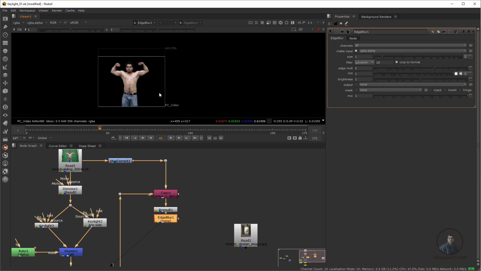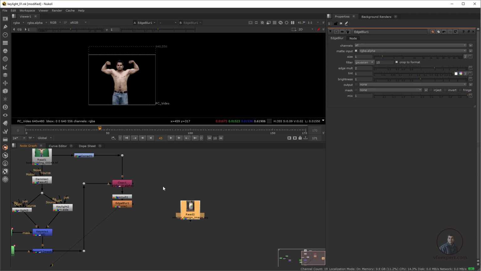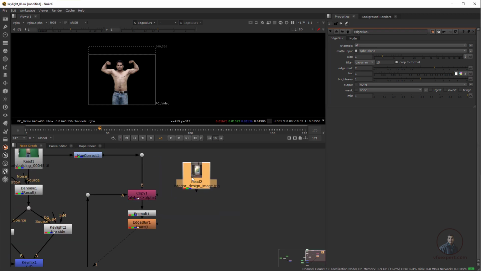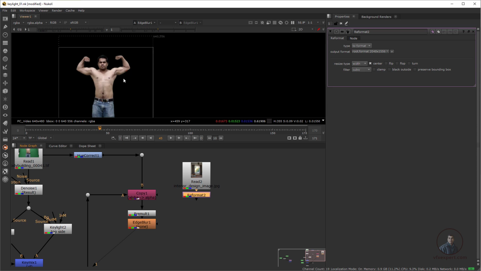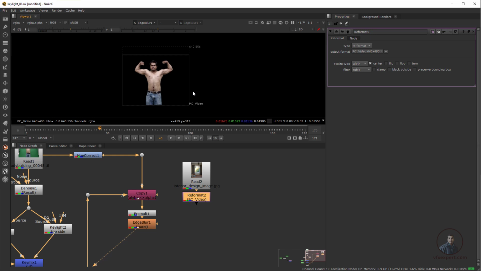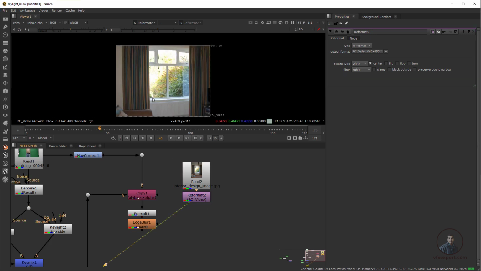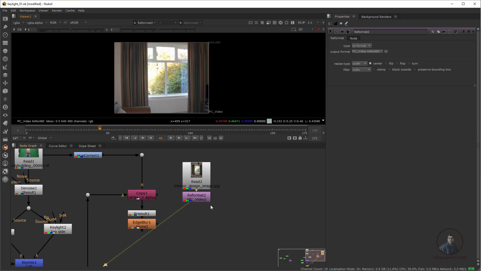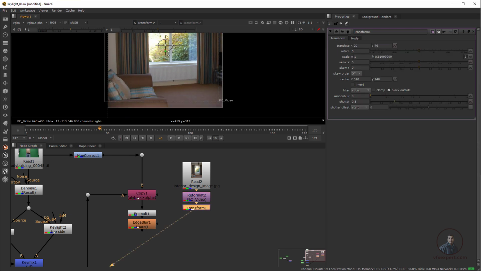Now finally I am going to composite this shot on our background here. Press Tab, add a Reformat, double click here according to your footage, and select the size, which is 640 by 480. Now press 1. If you want to adjust your background, select it and press T for Transform.